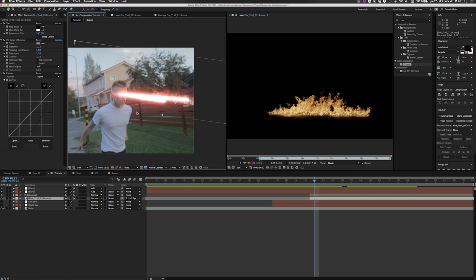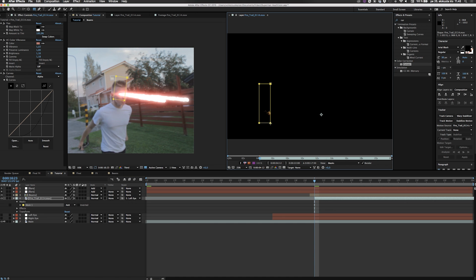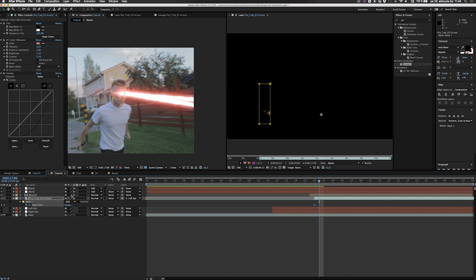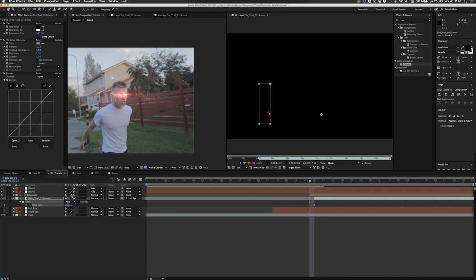So let's go ahead and move it one frame forward, and let's trim the fire so it's not here yet. And let's go ahead and add a mask like there. You can see how dynamically it works automatically. So then hit V on your keyboard and just select these 2 points and go to mask path. Okay, so one frame forward here, there. I want the fire to be,